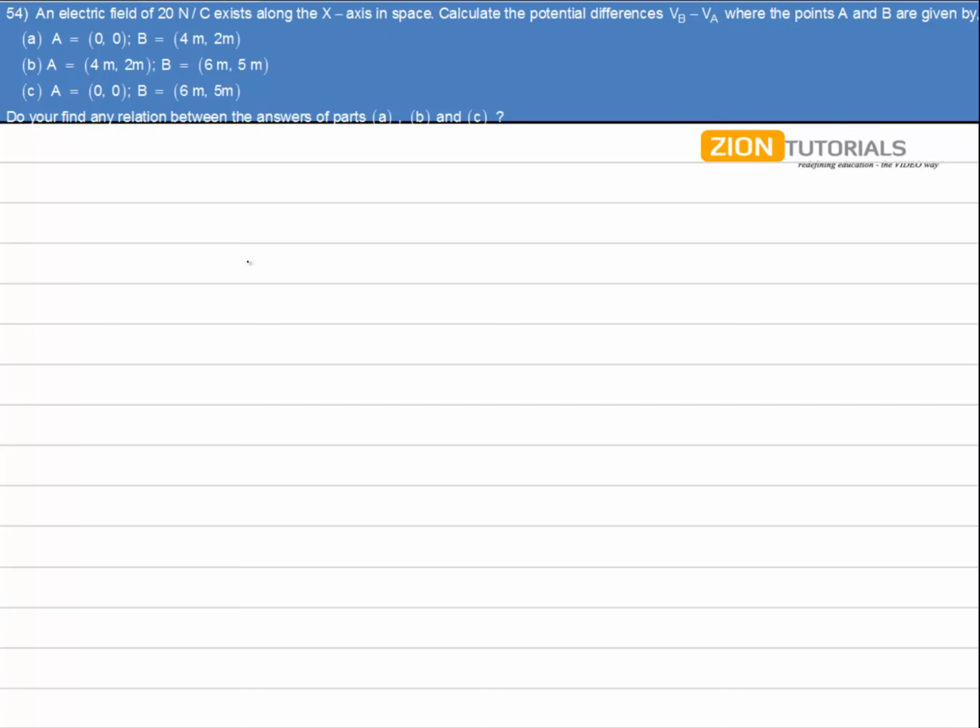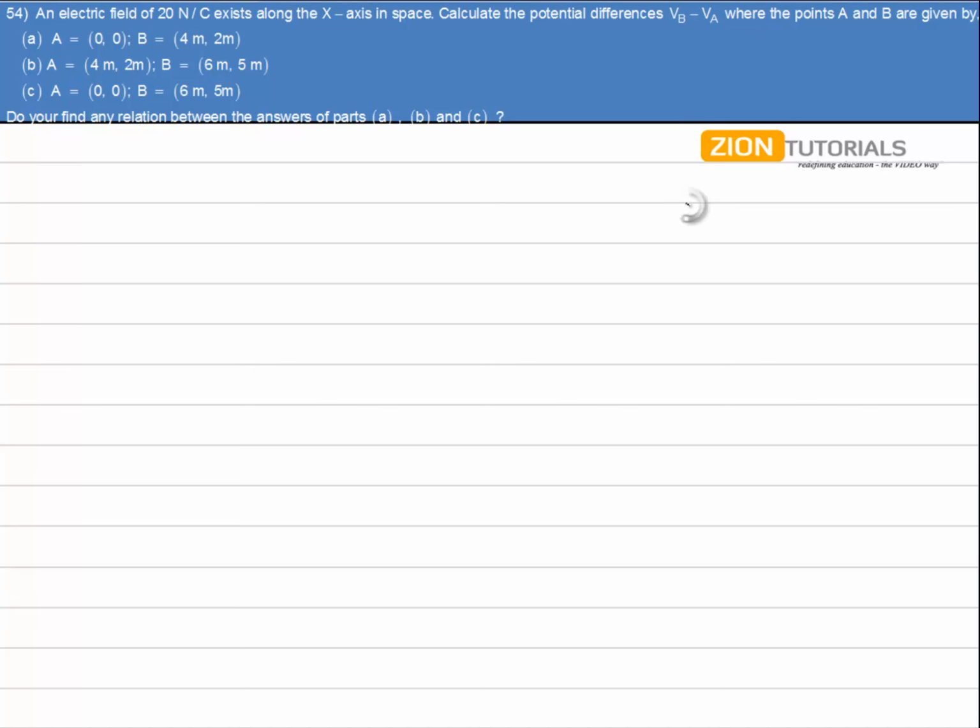In this question, we have an electric field of 20 Newton per Coulomb, which is existing in x direction. Now we have to calculate the potential difference between 2 points. Now the concept to solve this question is that the direction of electric field is from higher potential to lower